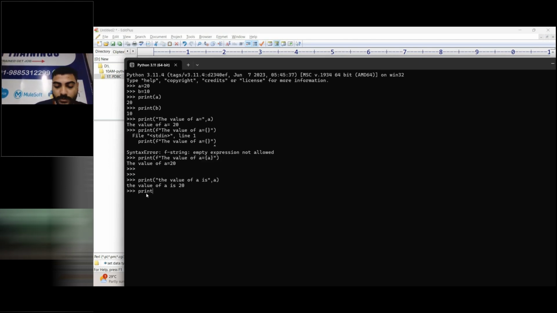Print "the value of a is", comma, a, then again "and the value of b is", comma, b, and then "the sum of a and b is", comma, a plus b.